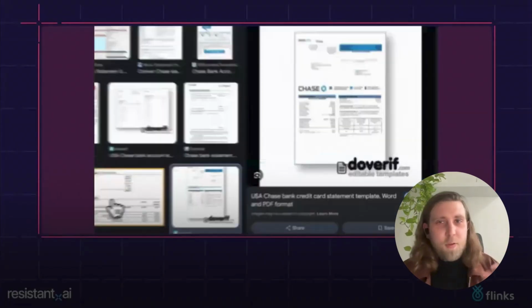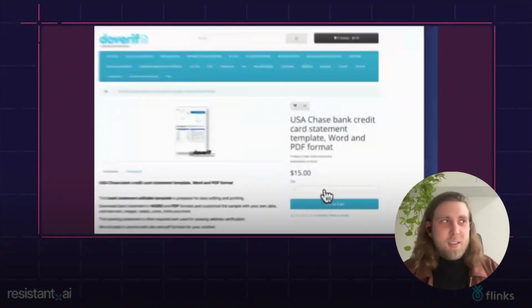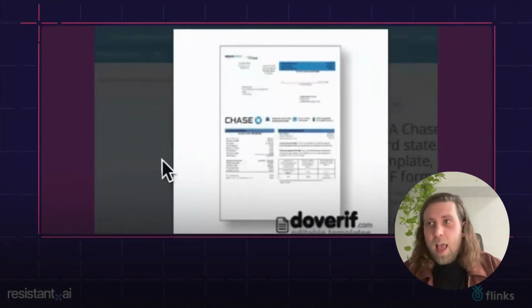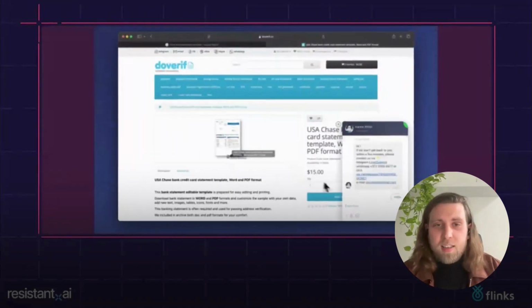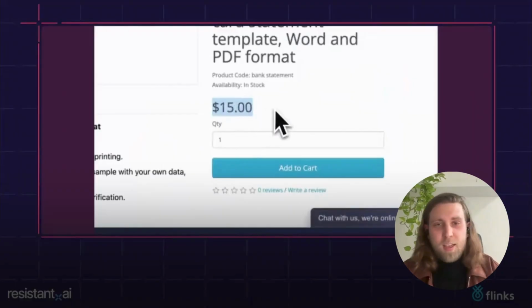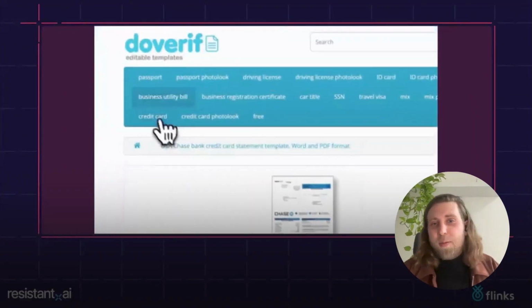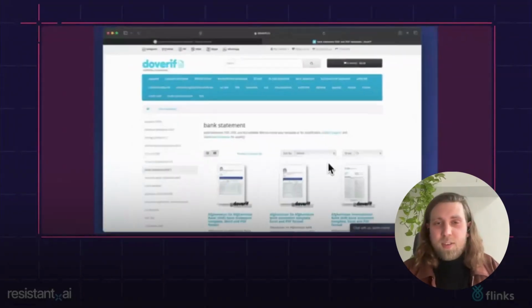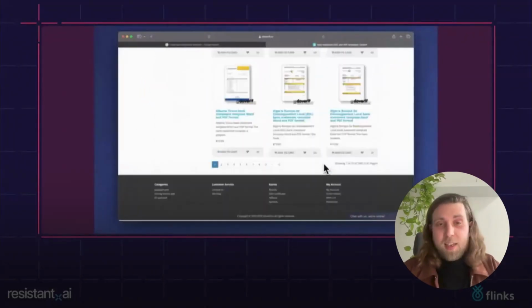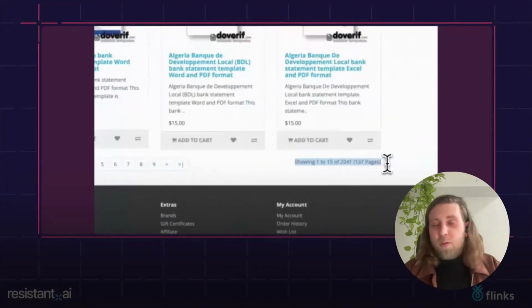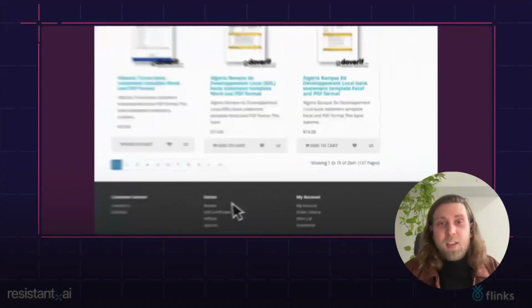So very quickly, through a simple Google search for any sort of bank statement template, you can actually find one of these sites. A site that will have a sort of classic product listing as any other online shop. There'll be a sort of single product view. There'll be a grid. You can look at the price. You can put stuff in a cart. It's very much not in any form much different from regular online shopping, except you shop for fake documents. And as you can see at the end of the video, you will find hundreds and thousands of templates, even within one